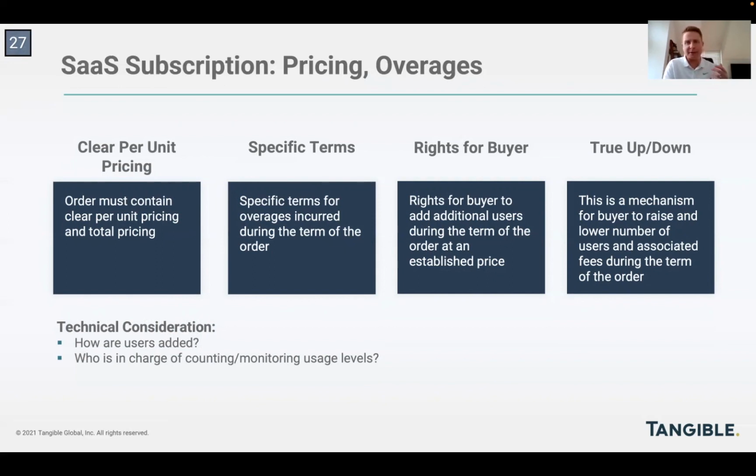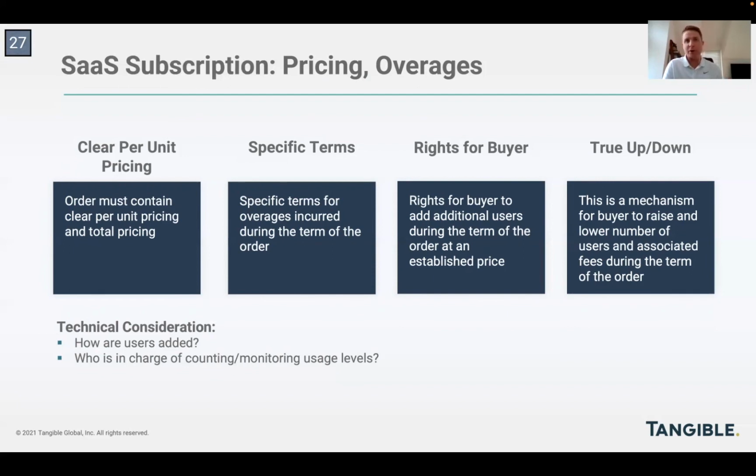Robert and I have often been discussing common units that you use for pricing, like users or seats. But some SaaS products are priced based on very different metrics, like clicks or views. Some products are provided to buyers at the enterprise level based on the size of an enterprise, and that could be measured by number of employees or gross revenue of the buying enterprise. So whatever it is, establish what the units of pricing are and make sure they're clear in your order form.